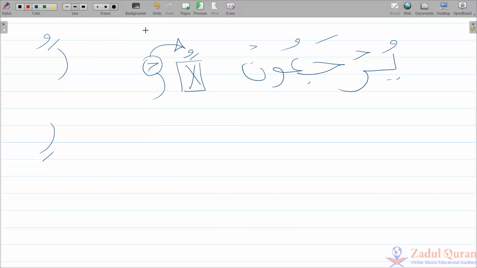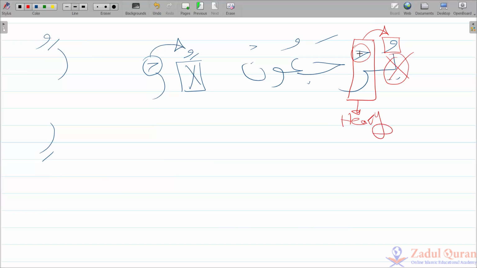So look at this. This Ra is sakina, right? This Ra has a sukun. So I cannot determine the rule of the Ra now. I need to get back and check the previous one. I don't check the previous letter itself. No, I look at the haraka. Ra depends on the haraka of the previous. So the haraka of the previous letter is dhamma, so Ra is a heavy letter.